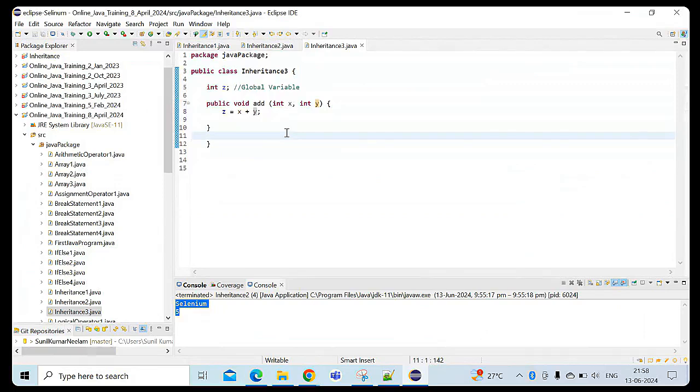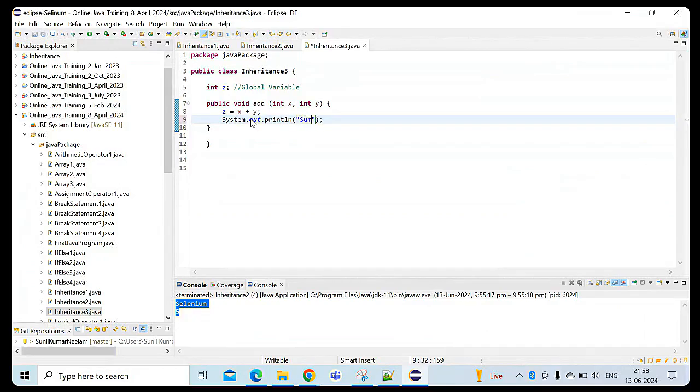And then sys out, sum is x plus z. So this is for addition. Okay, so in the same manner,